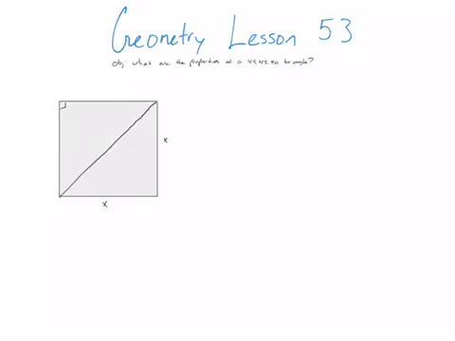Remember the diagonals bisect the angles, so that means this angle is the same as this one, and the same as this one and this one. So that means these angles are 45 degrees. This one, of course, is a right angle. So this is a pretty common triangle that shows up a lot, and so we have put forth some effort